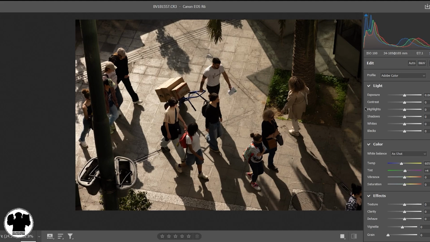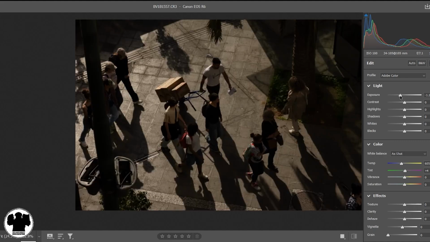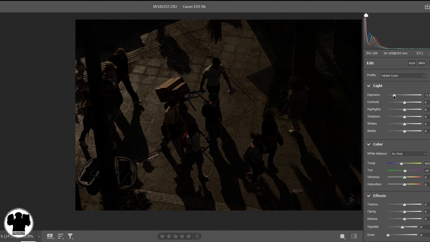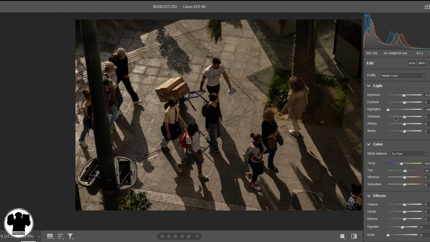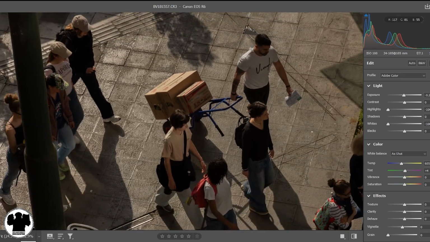So first thing I do as always, I strip off the highlights. And I'm just going to drag the exposure down and see if by underexposing it I can lose all the highlights I want to lose. They're still a little bit hot, those highlights, so I'm going to take the highlights off that way and probably the whites as well, just so the detail on the box and on that guy's shoulder is still there once I've reduced